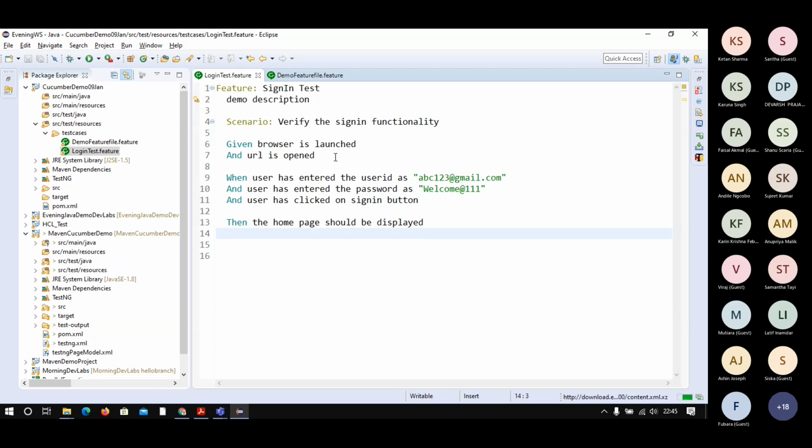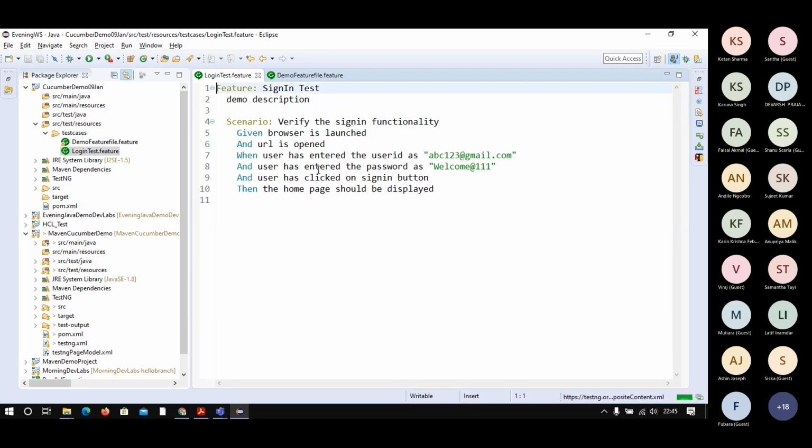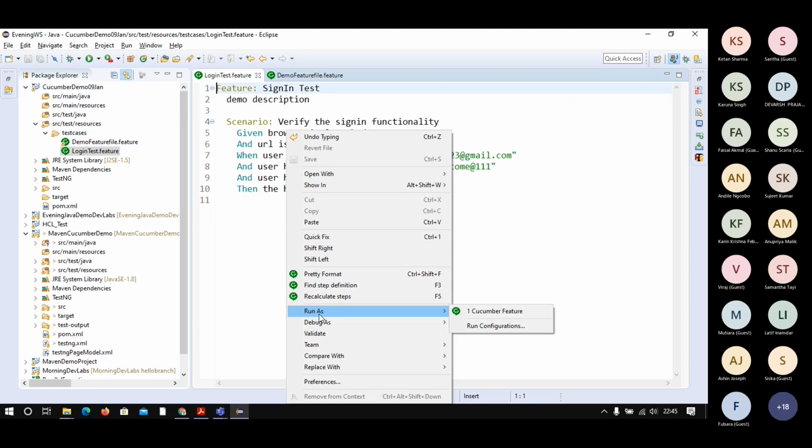So once you are done with the manual test case writing, what you have to do here, just do right click and ready format. So it will format automatically. Okay, so that's the one thing you can do, the first thing. Second thing you can do, if you have done with the manual test writing, then the purpose is that go with the automation. Otherwise, how the execution will be possible, right? So manual test case writing is completed, then you can go with the automation test case writing. So for that, I need to write the automation thing. So how to write the automation one? So right click here, go to run as, and then go to Cucumber feature.